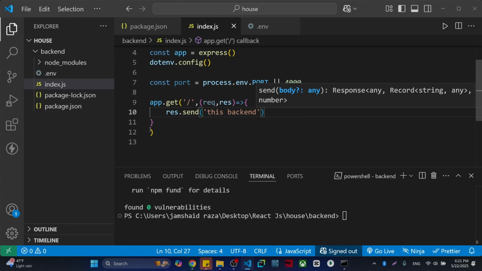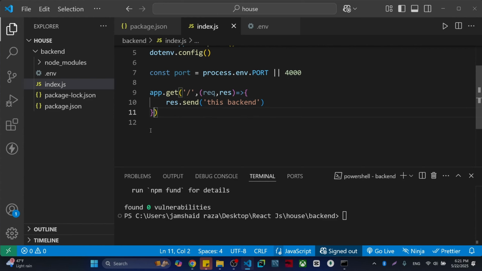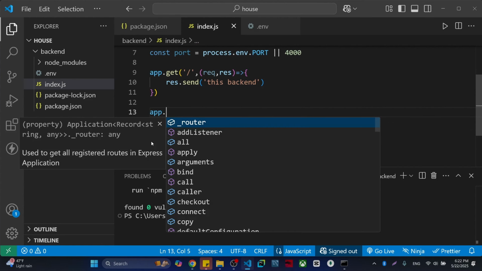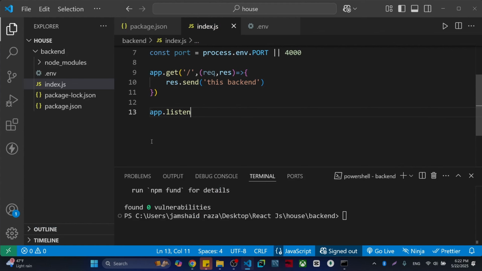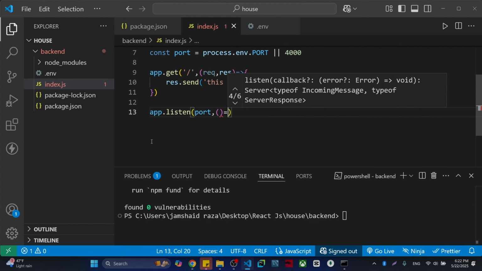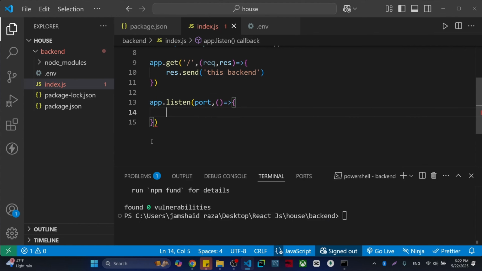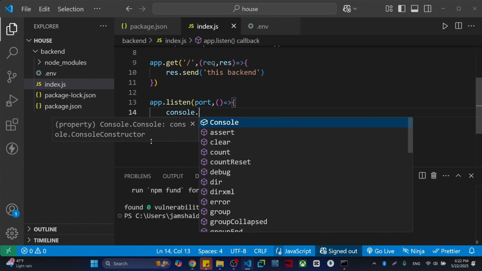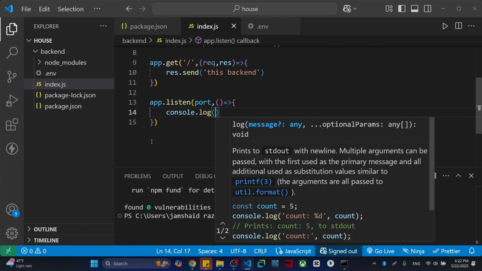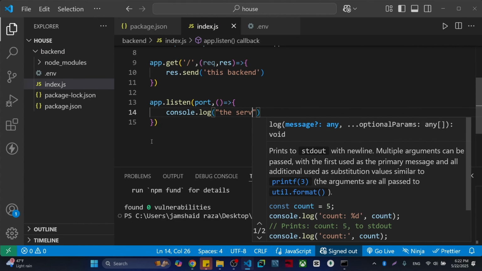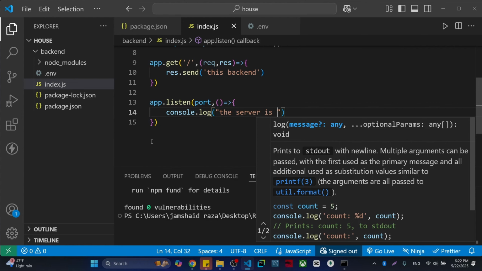Okay, and finally we will define the port with app.listen and the port, and then we have a function, and then console.log to check whether it is working or not, saying the server is started, or we can say the port is started